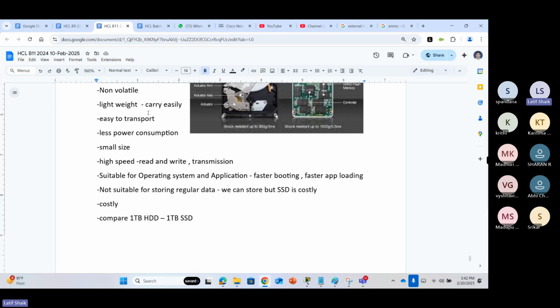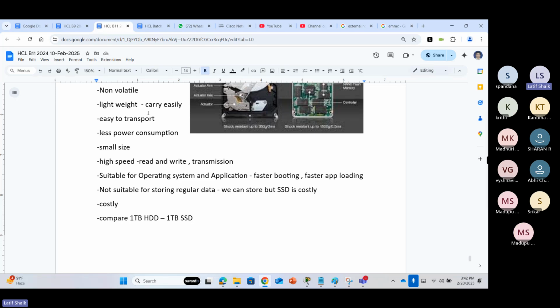Some people use them for gaming, designing, video editing, CATIA or SolidWorks, different 3D mechanical applications. Certain applications need to be faster, right? So this will provide that. It is suitable mainly for operating systems and applications, not for regular data